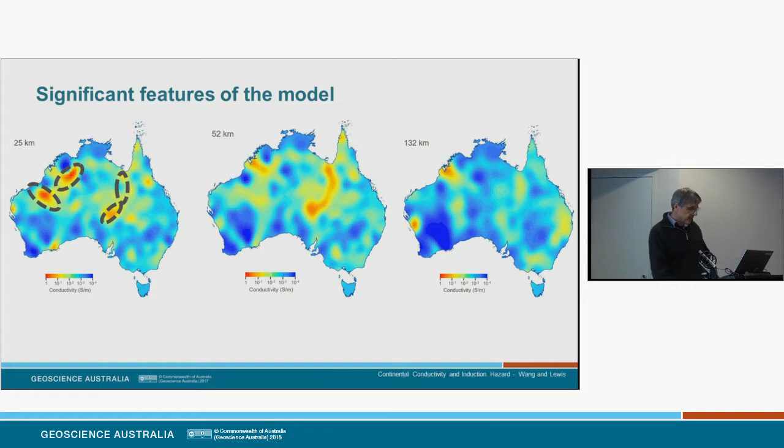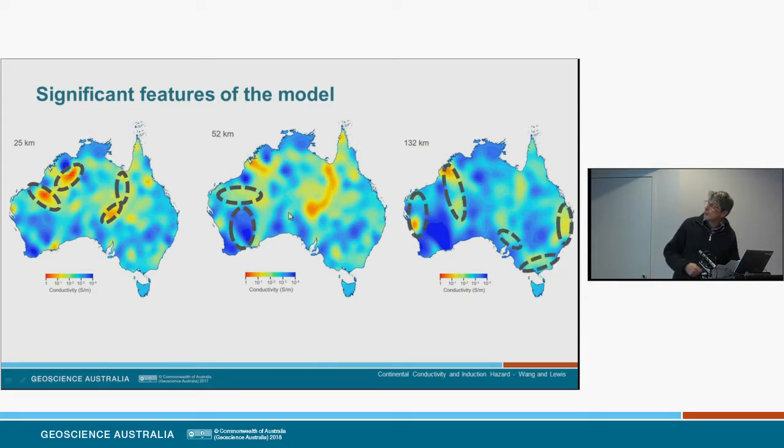At about a depth of 52 kilometres, the model highlights the differences in conductivity between the Archean cratons in Western Australia, the resistive Yilgarn here compared to the more conductive Pilbara region. And at upper mantle depths, that's 132 kilometres, there were 5 new conductivity anomalies which were resolved for the first time with this analysis of the AWAGS data and the 3D model.